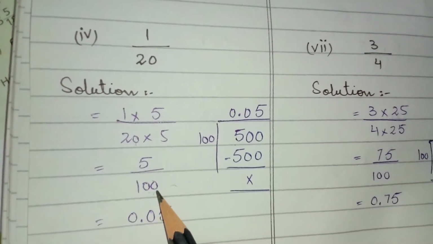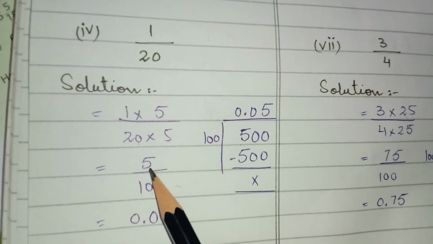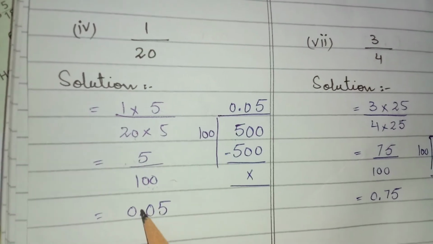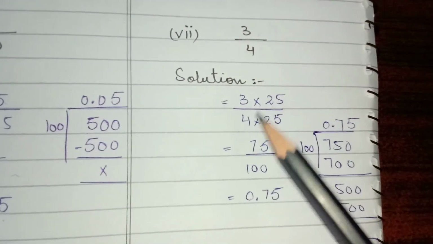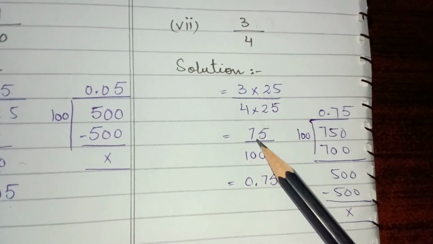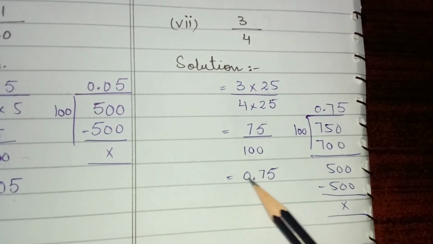डिनोमिनेटर में 2 0 हैं, इसका मतलब ये कि आपने न्यूमिनेटर में 2 डिजिट छोड़कर 0 पॉइंट लगाना है, लेकिन न्यूमिनेटर में सिर्फ एक डिजिट है तो हम खुद से यहाँ पे 0 लगाएंगे और फिर यहाँ पर पॉइंट. सो 0.05. Part number 7, 3 over 4. We have to multiply by 4 with 25 to get the answer 100, and 3 25s are 75. डिनोमिनेटर में 2 0, सो 2 डिजिट्स छोड़े और 0.75.